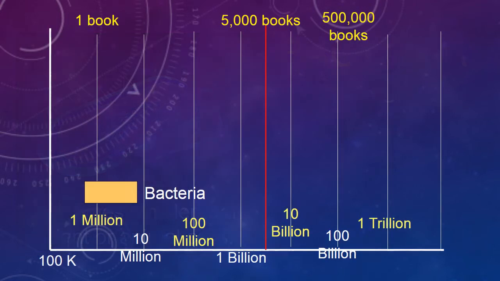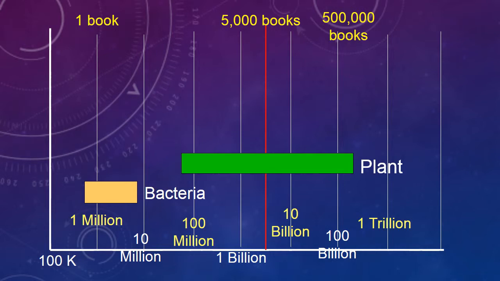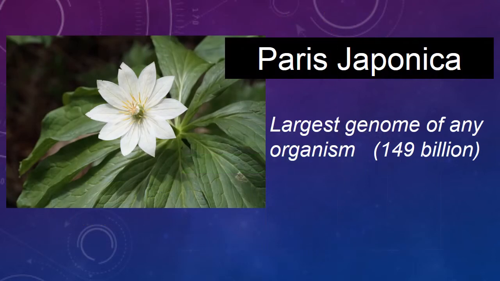Now next we have plants. Look how large they are, and fish. And they have the largest library or genome size. In fact, the largest known size is this flowering plant. It's got 149 billion, whereas a human has around 3 billion. Now, you don't necessarily want a very large genome, because whenever the cell copies itself, it's got to copy this huge library of information. And these plants are very slow growing, and they also respond very slowly to environmental